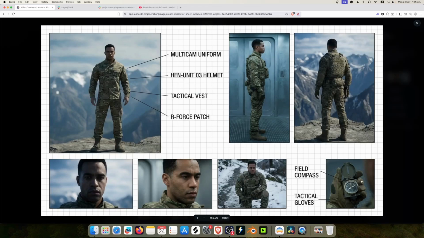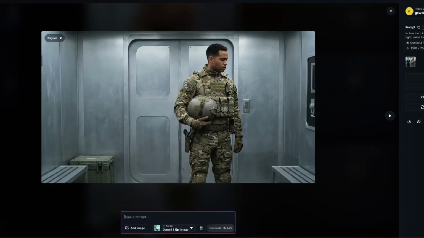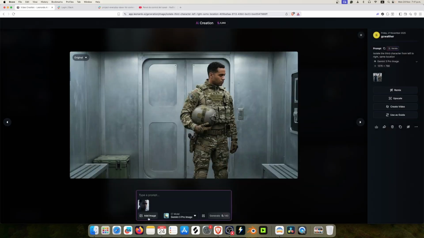Today we're going to create a character sheet inside of Leonardo AI. We just have to create an image first, and then once we have our image, we're going to edit, and we're going to select the model Gemini 3 Pro, and let's select our reference images. This could be one,